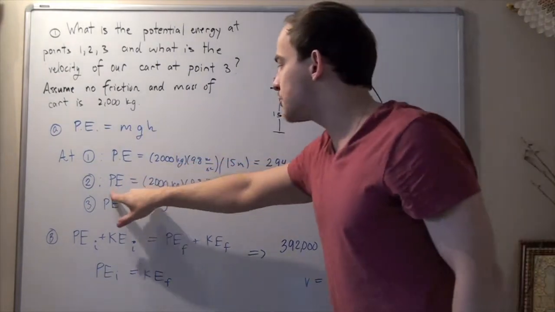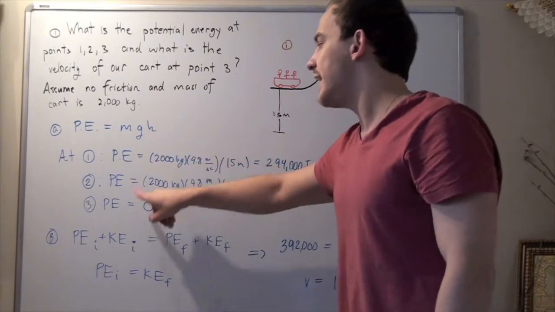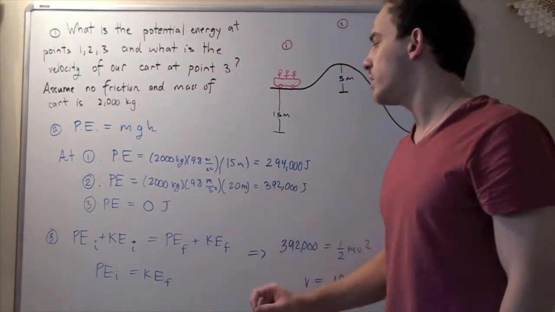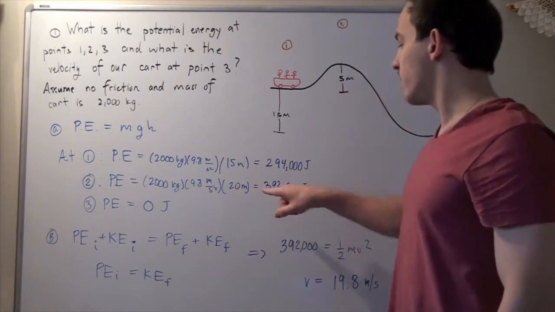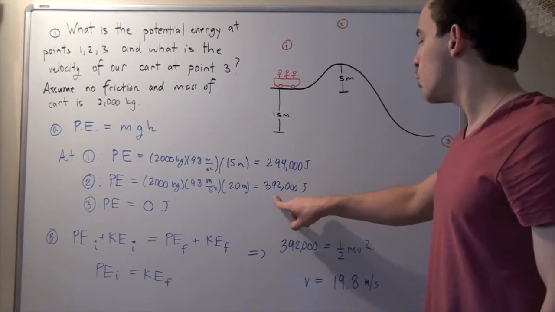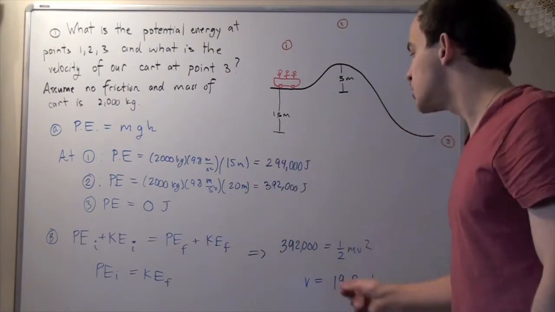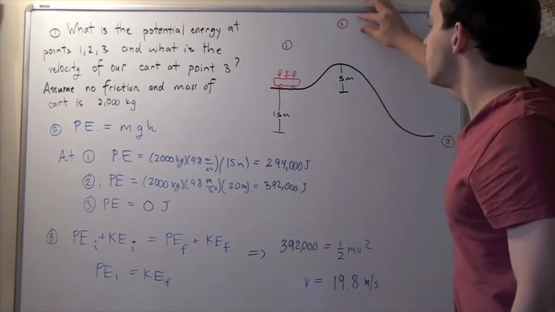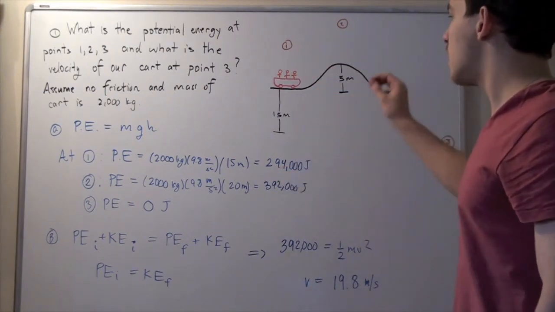So our potential energy is simply, once again, m times g times h equals 2,000 times 9.8 times, not 15, but now 20. So equals 392,000. So about 392 kilojoules of energy exist at point 2, and at point 1 about 294 kilojoules of energy